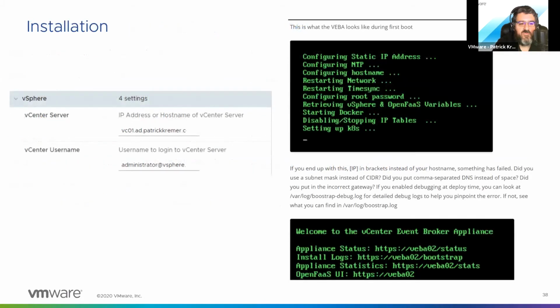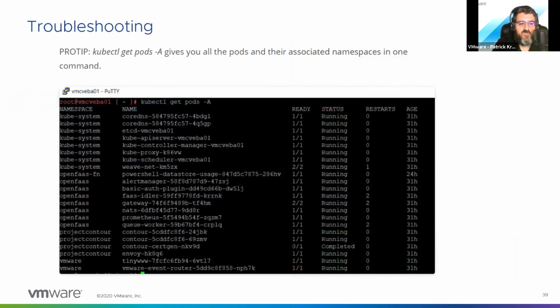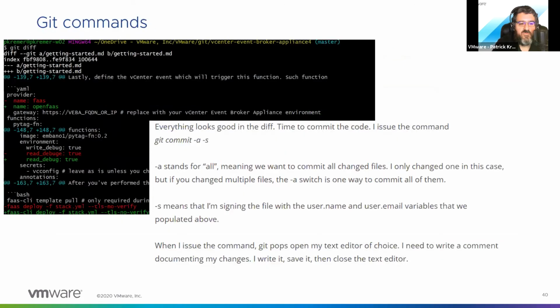And the blog posts, they all come from this place of not knowing anything, right? Because I knew nothing. I was starting basically from scratch. And it's installation, right? So it shows you what you should see when you install it, and troubleshooting commands like that kubectl get pods command. It's got basic Git in there, all the basic Git that you need to be able to get the code down and make some very basic changes.